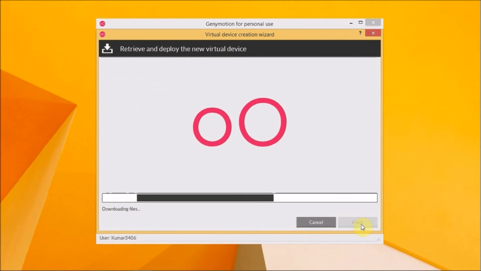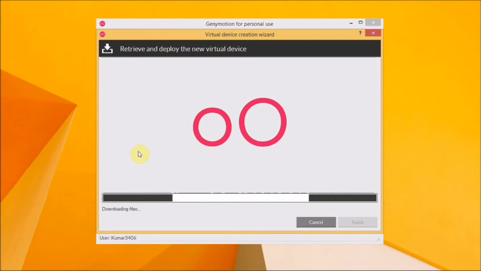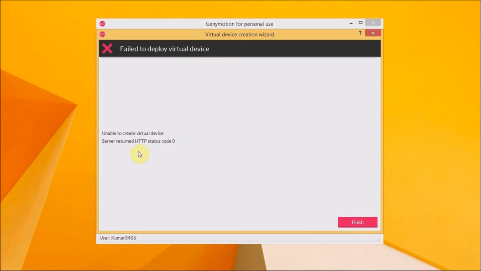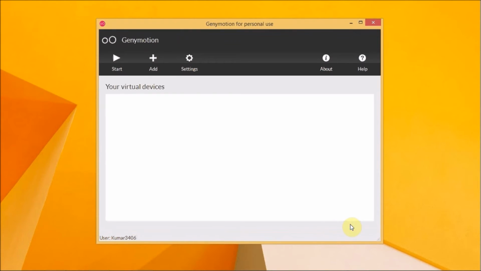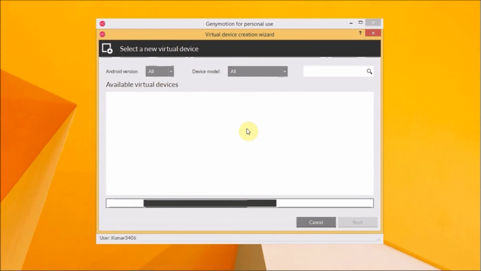You have to download all the files, retrieving through the Genymotion emulator. Just tap it.